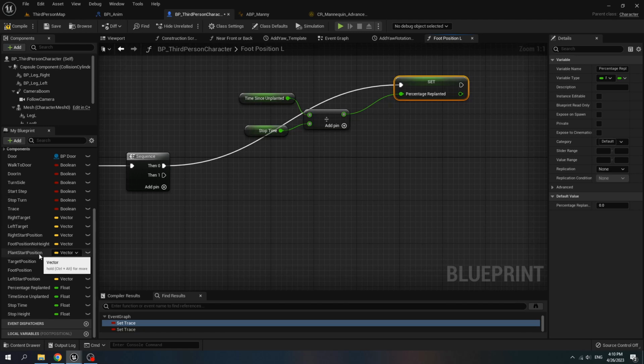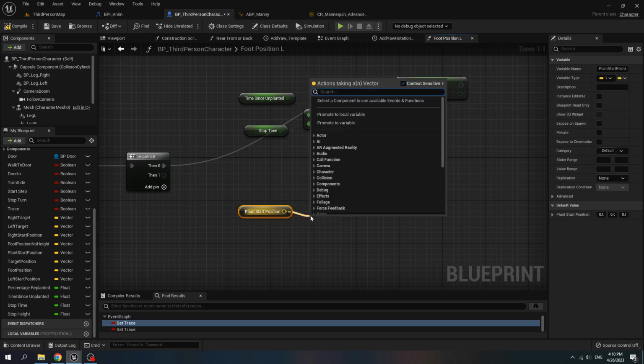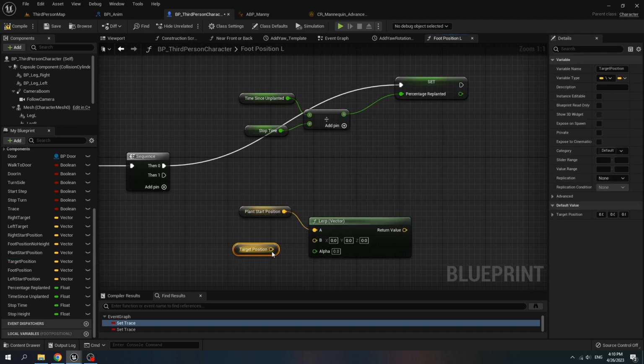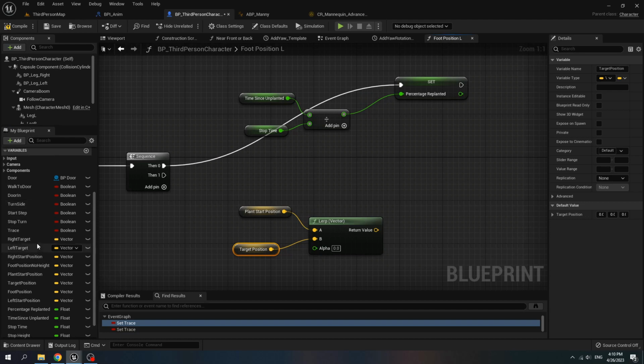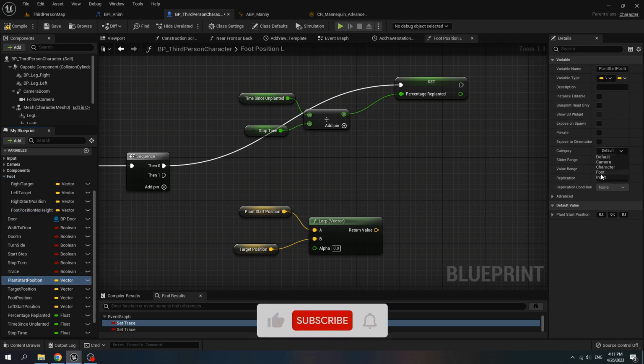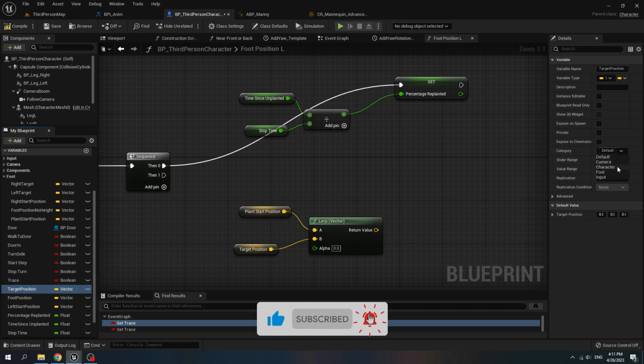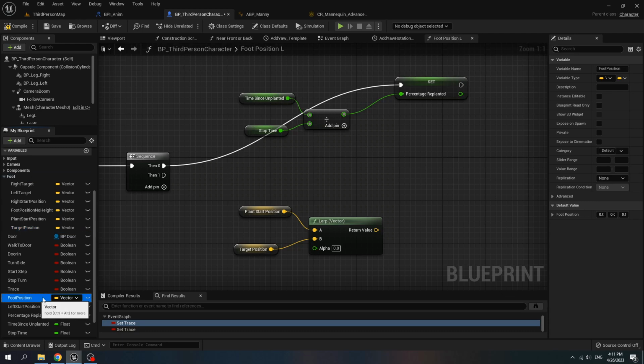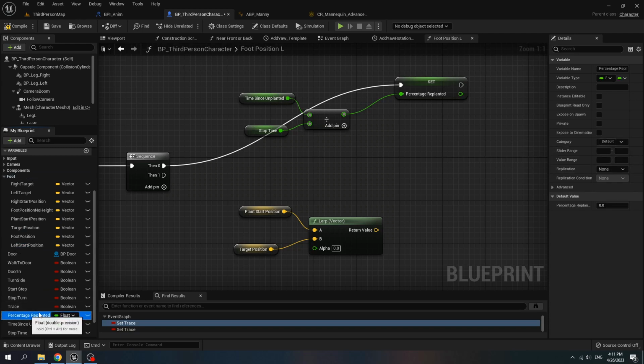And then we get plan start position, call lerp vector, target position, connect it to B, and for all of these, variable category is foot: left target, right start position, foot position no high, plan start position, target position, foot position, left start position, then percentage replanted, time since unplanted, stop time.